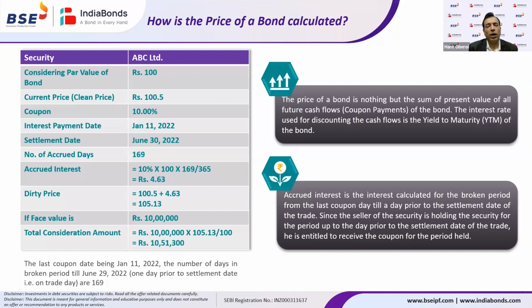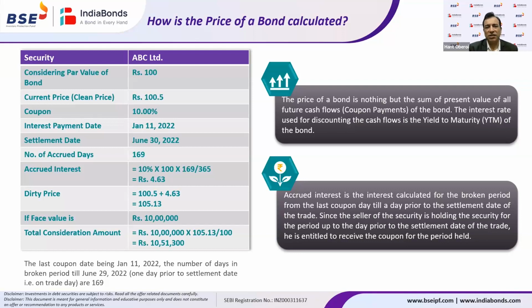But suppose I have bought a bond in the secondary market, then what should I pay for that instrument? 100.5, hypothetically, for calculation purposes we're taking into consideration. A 10% coupon bond is available at 100.5. So what does it signify? Very immediately, if you look into it, 100 rupees is the par value, it is available at 100.5, and the price of the bond is higher. So my net yield will be lower than 10%, lower than the coupon. So the bond is trading at a premium. This is the first thing which immediately signifies when you see the price of a bond.